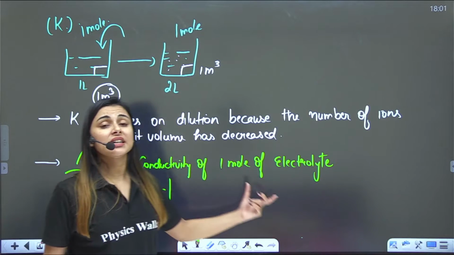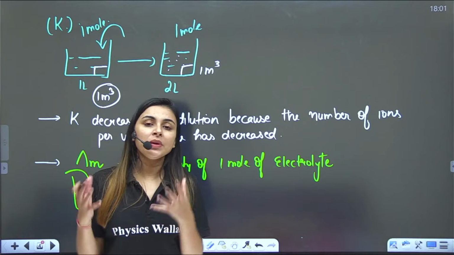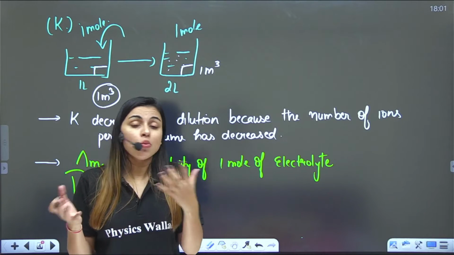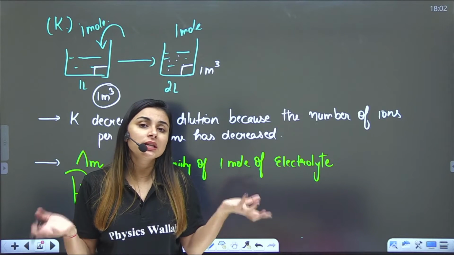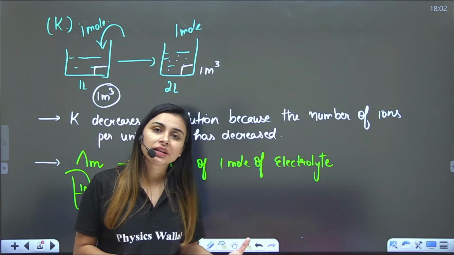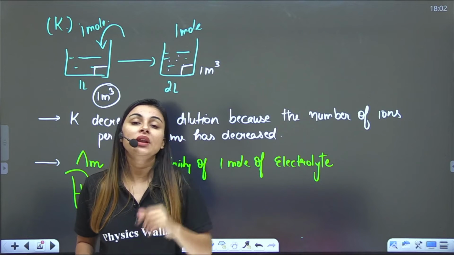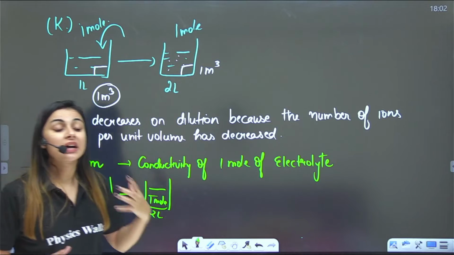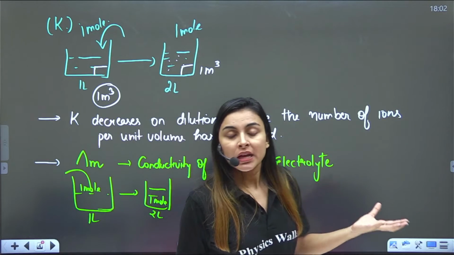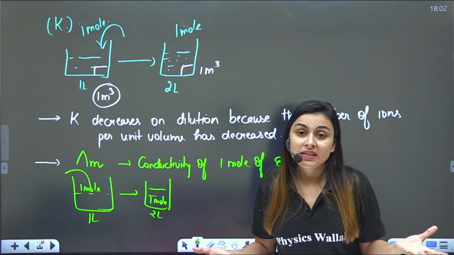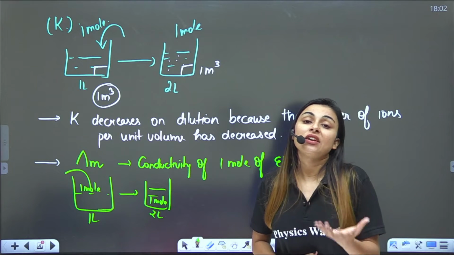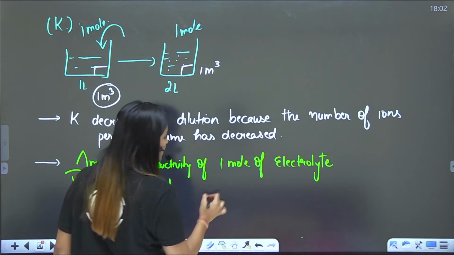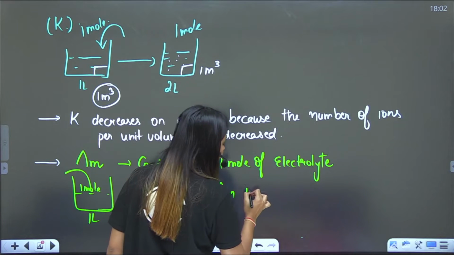Now, since it is the conductivity of 1 mole of electrolyte, be it 1 liter or 2 liters, your moles will remain the same. Yes, ma'am, the moles will not change because you haven't increased or decreased the moles of your solute. So the conductivity of 1 mole of electrolyte will actually increase. Why? Because in 2 liters, the ions will have a larger volume to be present in, and that is the reason conductivity actually increases. So in this particular case, my dear students, molar conductivity increases